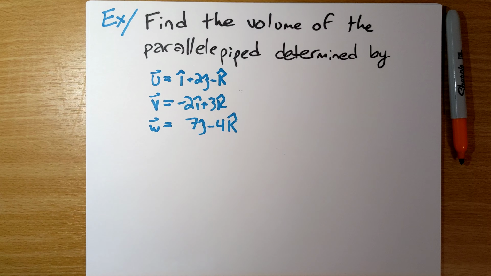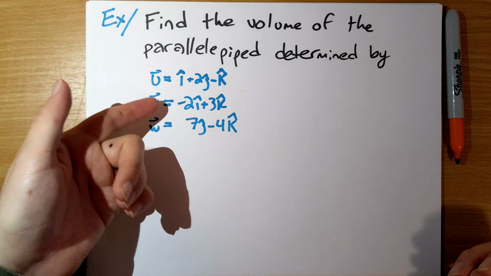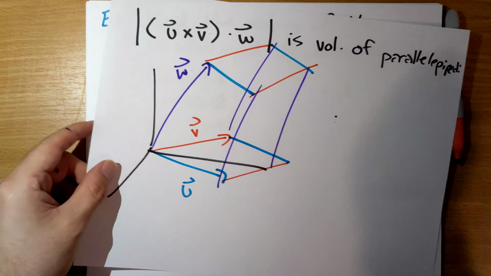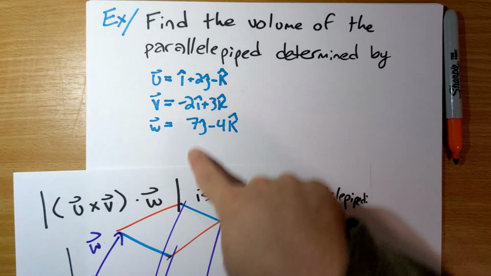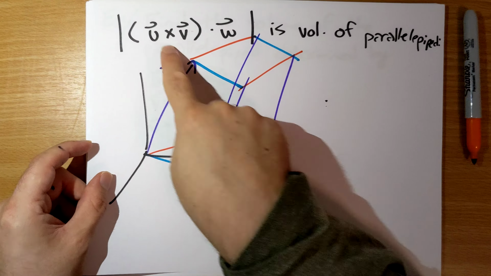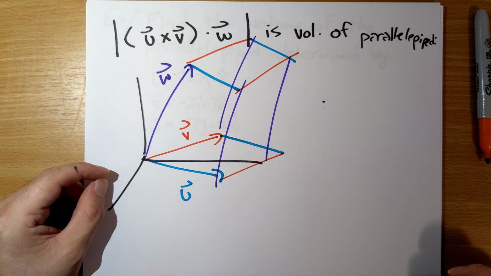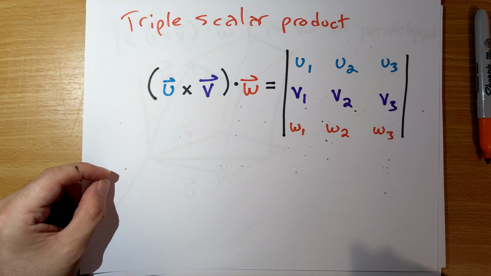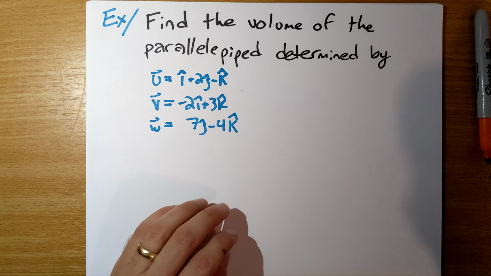Okay, so here's an example: find the volume of the parallelepiped determined by u, v, and w. I'm not going to redraw the picture, but here's u, here's v, here's w. I gave you what u, v, w are, and we calculate the triple scalar product through this formula and take the absolute value if necessary. So this is going to be,